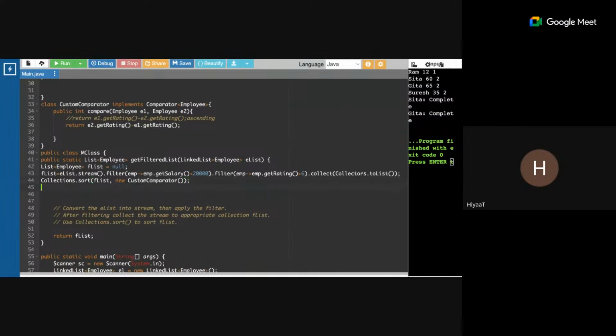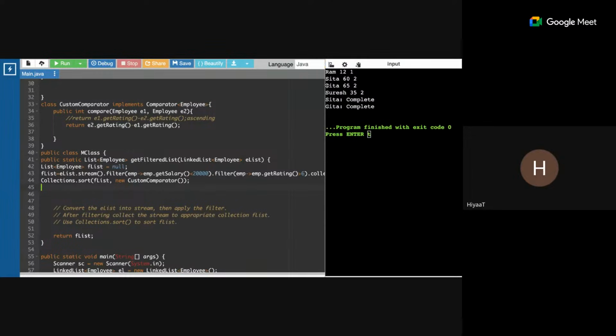Now another way is I don't want to even create this new class that implements Comparator and uses this logic. I can simply pass a lambda method. Okay, so first let's test this and then I'll go through the next way that we can do it. So this is your class, and if I change it to your main again,